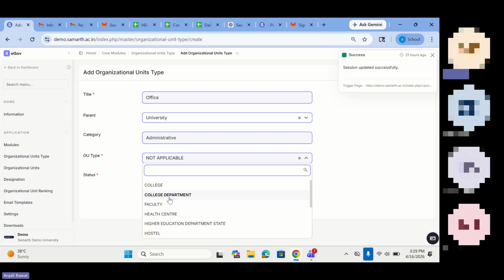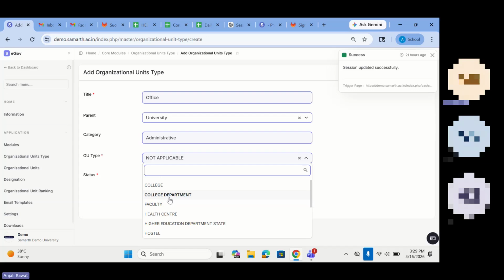In that case, you can add it in your portal, but you can mark those OU types under the draft or pending stage, because the draft and pending OU types will not be visible in any of the modules of Samarth. Whether you are using the employee module or whatever module, these types will not be visible if you have marked them as draft or pending.